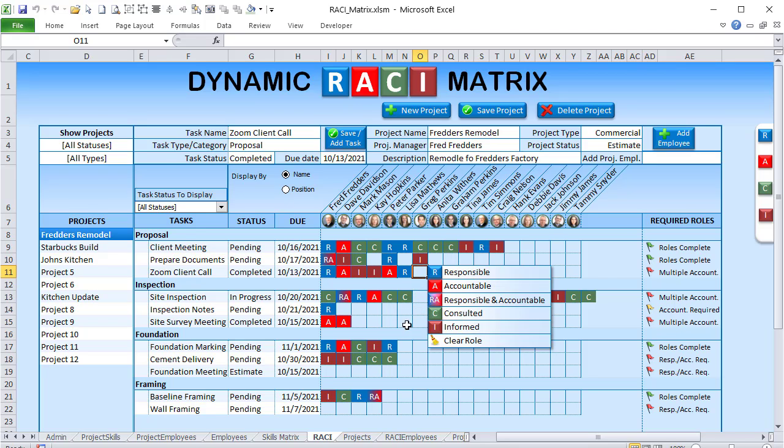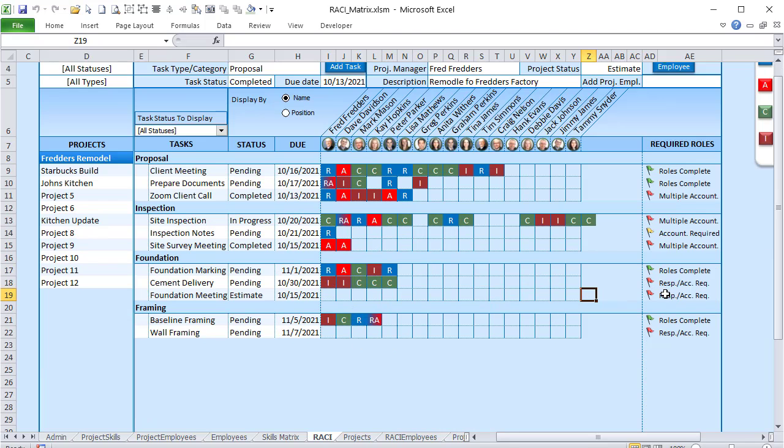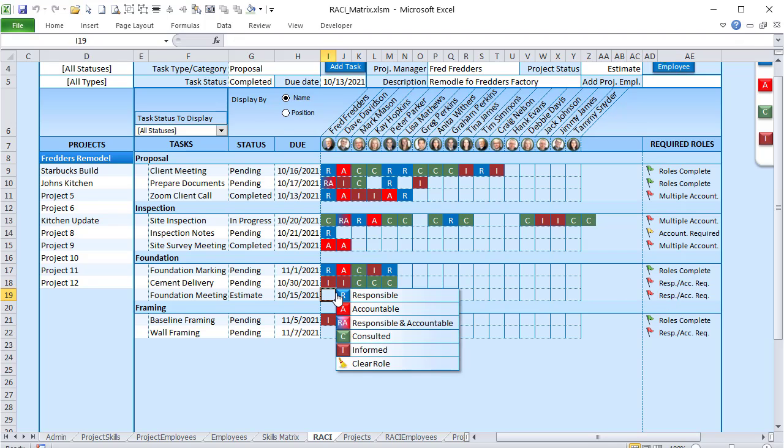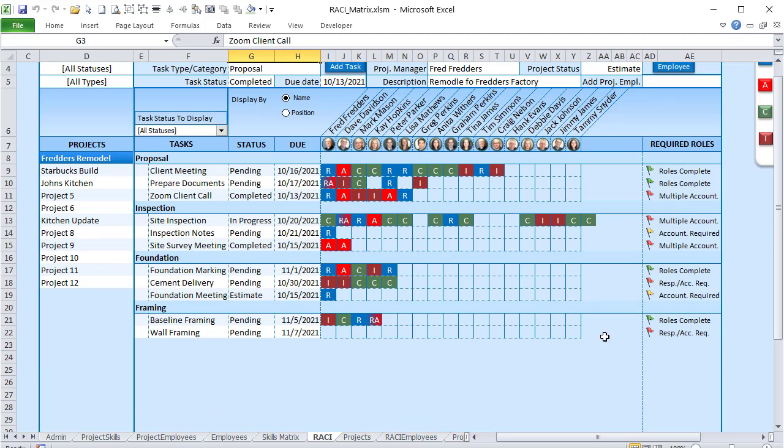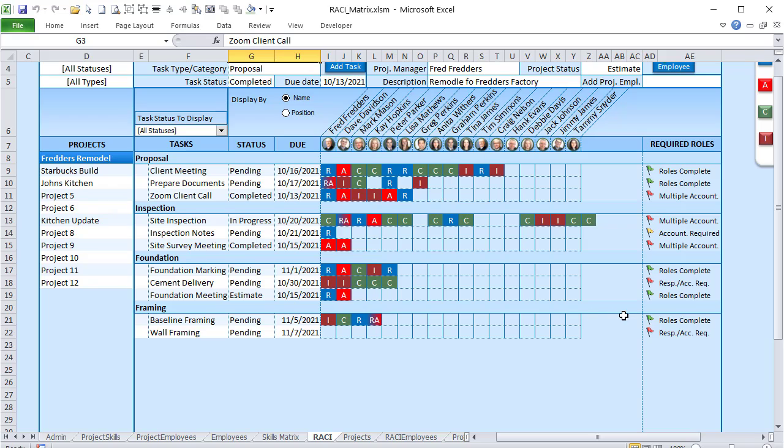Also, we could have a single person who is not only responsible but accountable as well. So for example, this one, notice there's no responsible. We've got some required notes. It's going to help guide us and let us know what is required for this task. In this task, we need somebody who is responsible and accountable. So if I add somebody who's responsible, now we only need somebody who is accountable, right? So when I add a person that is accountable, then this goes to green here, then roles are